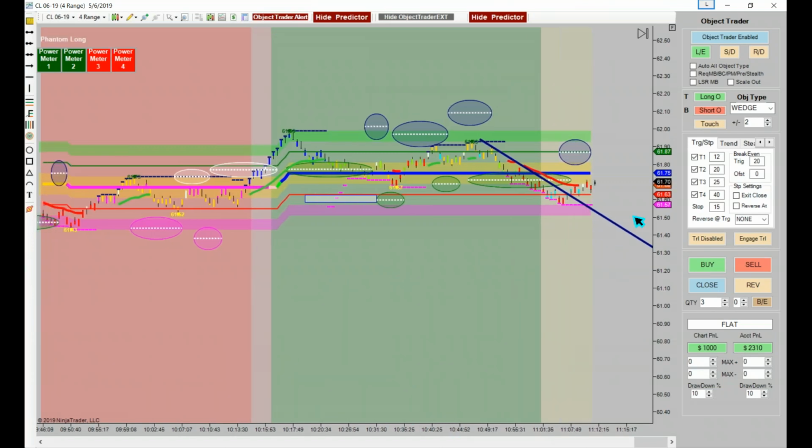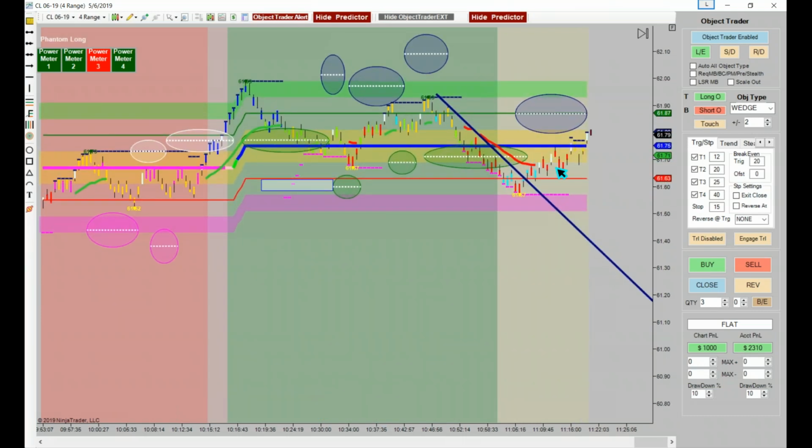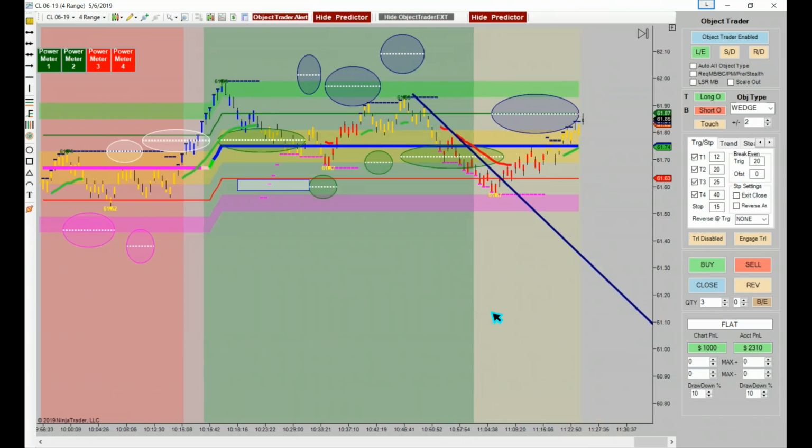Not sure exactly why that didn't with my wedge, but it didn't, and it's probably because I got it going 100 times. Let's see. I was just able to log in. Will you post this within a half hour? Yes. Potential trend change can also be just as it starts stair-stepping up too. You can set that the way you want it. By the way, if you miss this little trade right here,